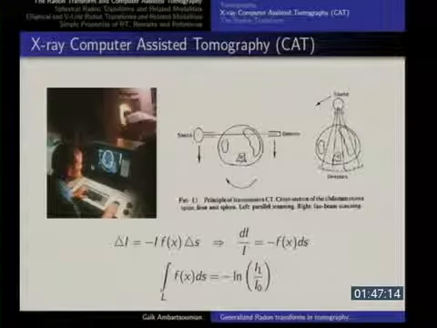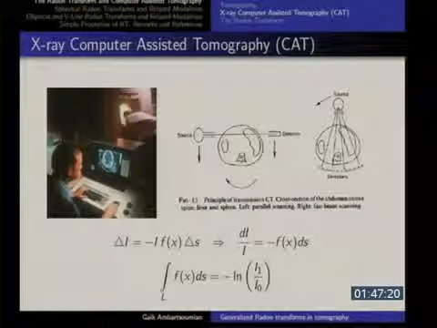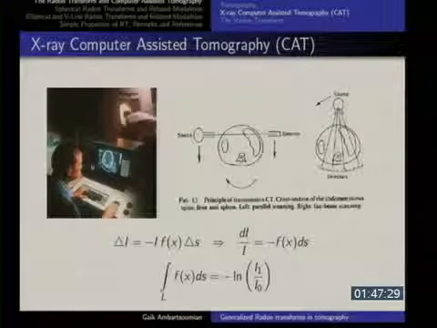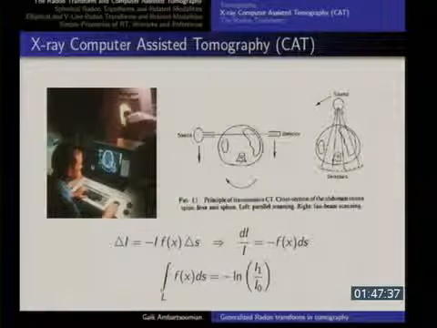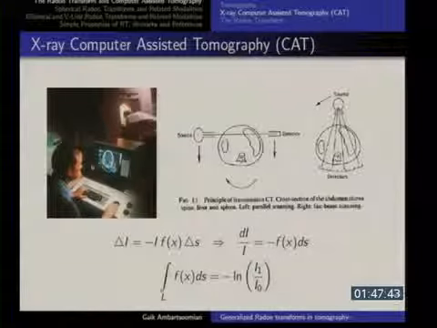The line L stands for this line here. By the way, x is a two-dimensional variable. It's a function of x1 and x2. And of course, the goal here is to recover this absorption function. So what the doctor is looking at, this image that the doctor sees, is simply the grayscale image of this function of two variables. It's a function where the color of every pixel corresponds to the value of the function, with x1 being this x next to this x. So the goal is to recover this function.